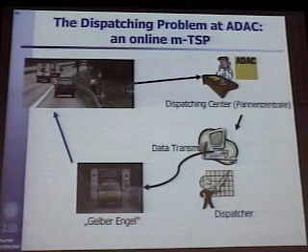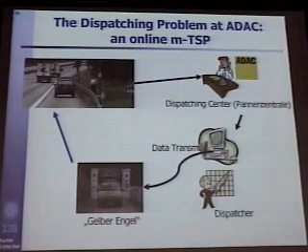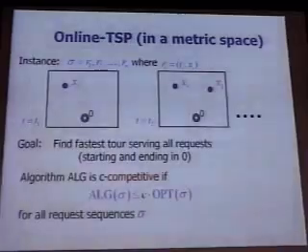You call the guy, and the guy has to tell which car should go. He cannot wait until the evening to figure out which is the best route. So among the possible decisions, he has to think about the future without knowing the future and come up with a solution that at the end of the day brings up a good cost. And that's a very difficult issue that mathematically is not well analyzed.